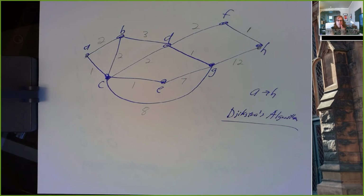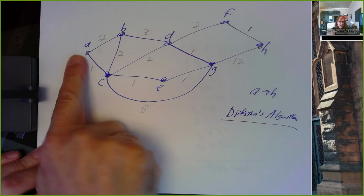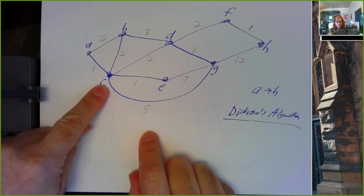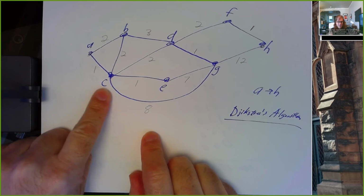And a greedy approach is not going to work here. A greedy approach would say, well, starting from A, let's follow the shortest edge. That would be from A to C. And then let's follow the shortest edge from there, and that would be from C to E, so that's a